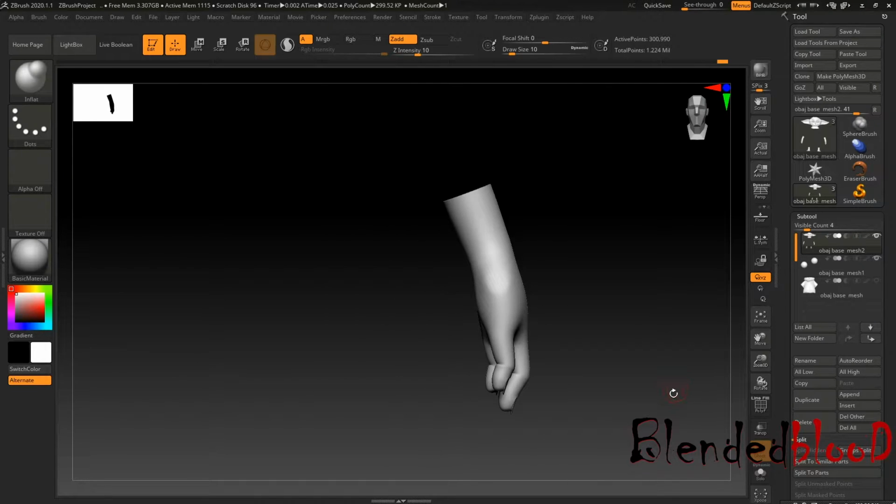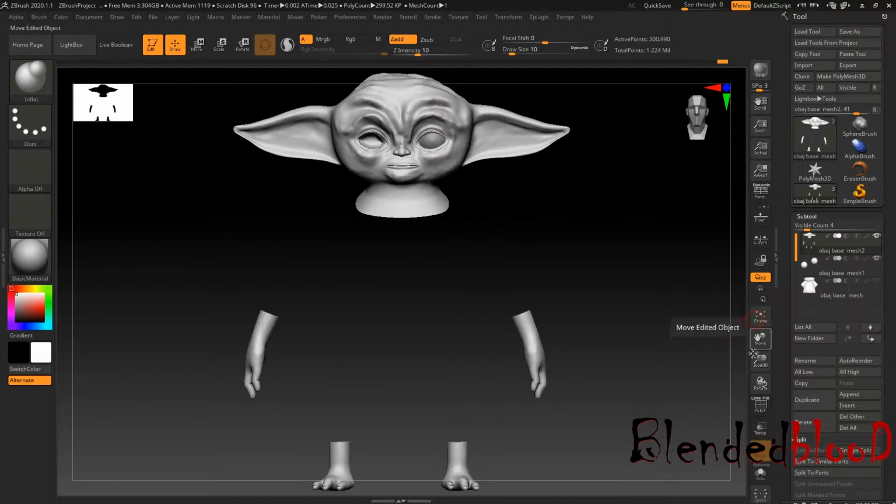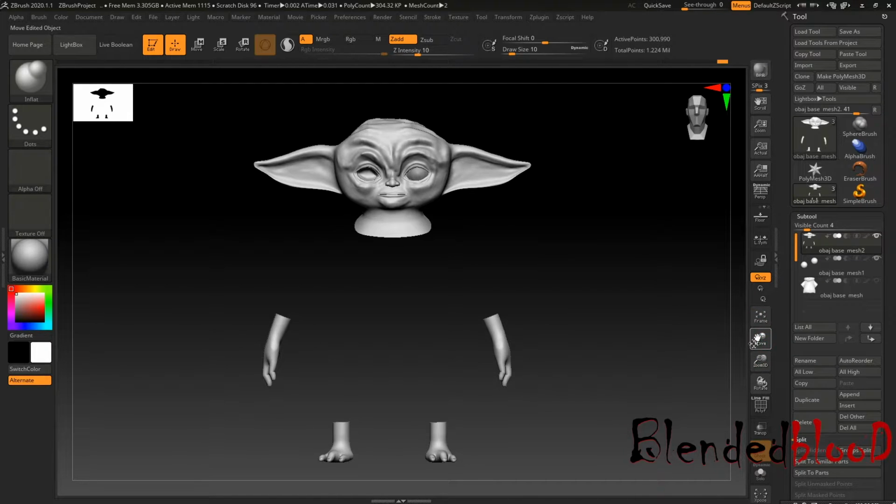Exact reference of the hand also, because we are working on the face basically. So what I am going to do,